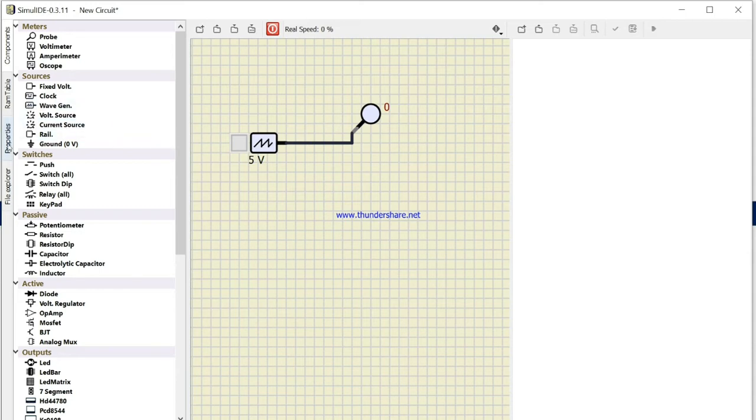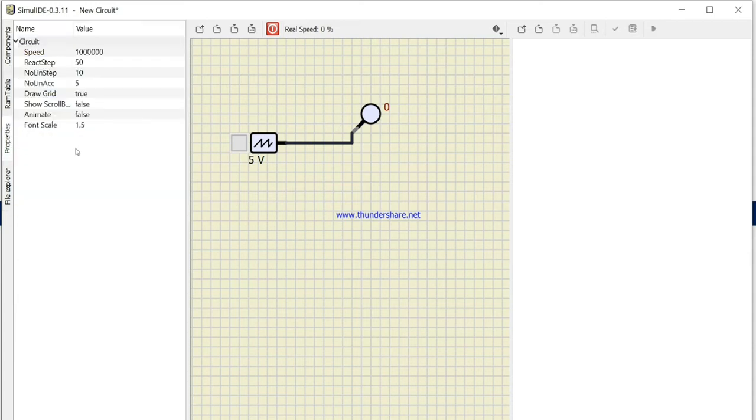Now, to change the property, click on the property. Now it's showing the property of this programming platform. If you want to change the property of this object, then click on the object, and the property will appear here. Now come here and change the value of frequency. Give the frequency 1 for now. Now run, and after that click.